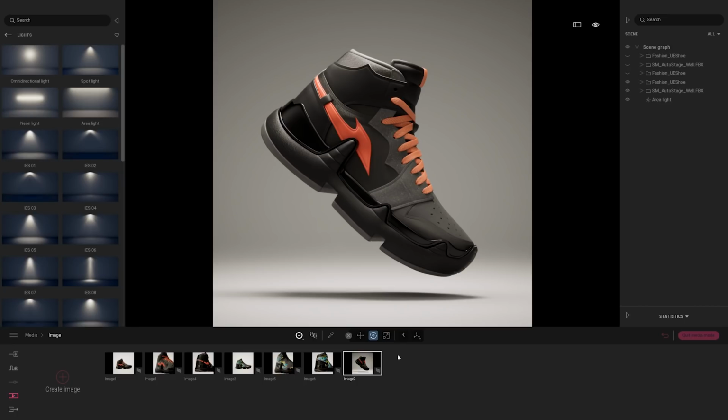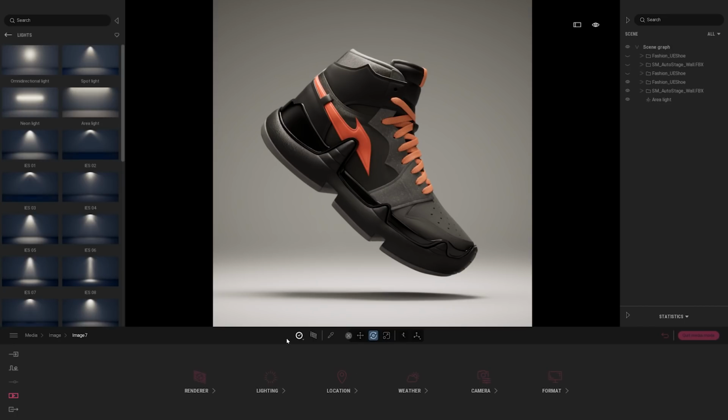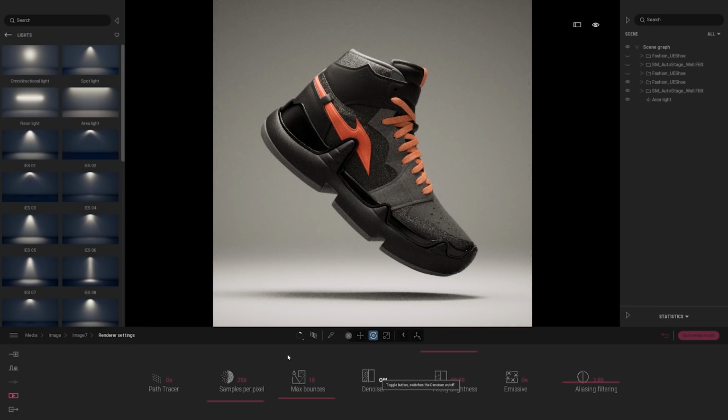Finally, the last thing I want to change is actually the denoiser. Right now, as you can see here, when you enable the path tracer, it calculates, and at the end of the calculation, the denoiser will kick in and it will smooth a bit your image. But it's not what I want in that use case, because here on the side, I'm losing the grain of the fabric. So I'm going to turn the denoiser off. And also, probably what I would like to do when I will be willing to export that image is just raise the sample per pixel to something like 1024.